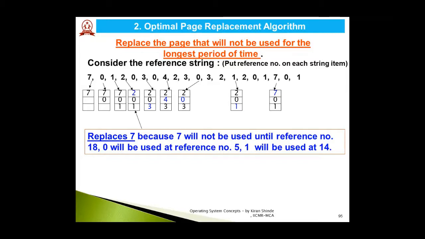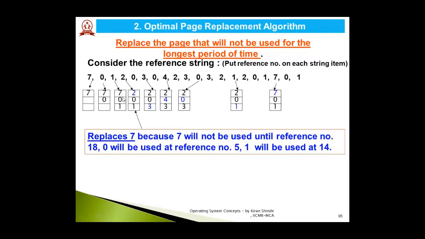So in line with this, try to see this particular example. Again, the same reference string has been taken here. 7 will be replaced, 0 will be replaced, and 1 will also be replaced and brought into the memory, since the number of frames assumed is 3. Now, in order to bring this page number 2 into the memory, which page should be decided as the victim page? For this, we have to apply this particular logic.